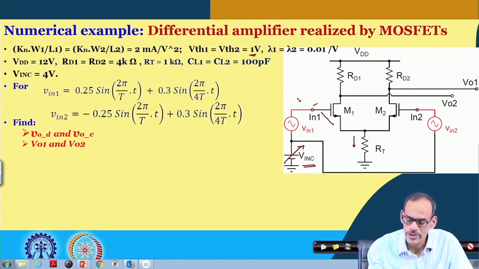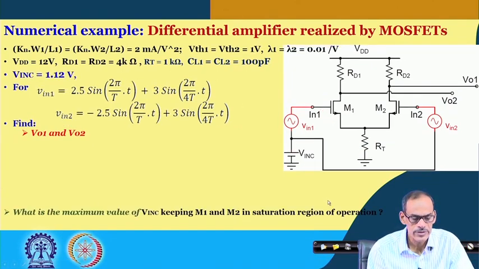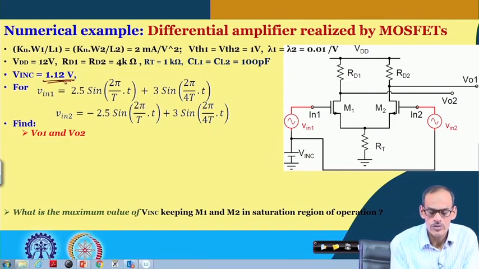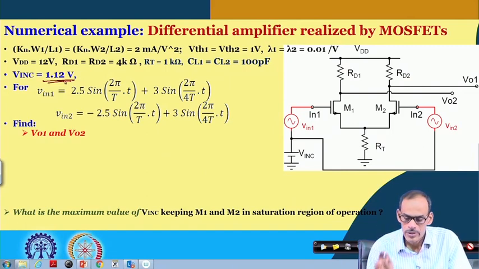So, let us consider the voltage here to be, say, 1.12 volt, and try to see what the corresponding current is. In the next slide, V in C is 1.12, and the method we have followed to find the corresponding current can be followed, and it can be shown that the current here is